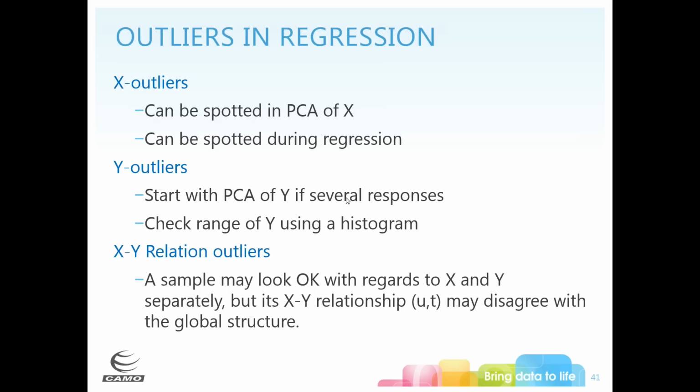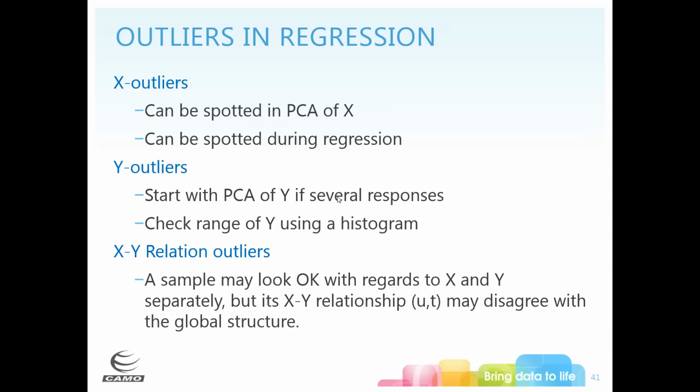Oh, I already did the octane example. So again, you want to look at your outliers in your regression. Your X outliers you can see in your scores. And often you might want to do a principal components analysis before you do your PLS to see if there's anything grossly standing out, like those